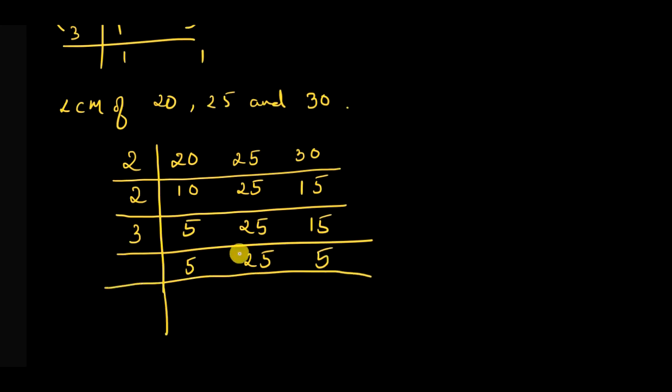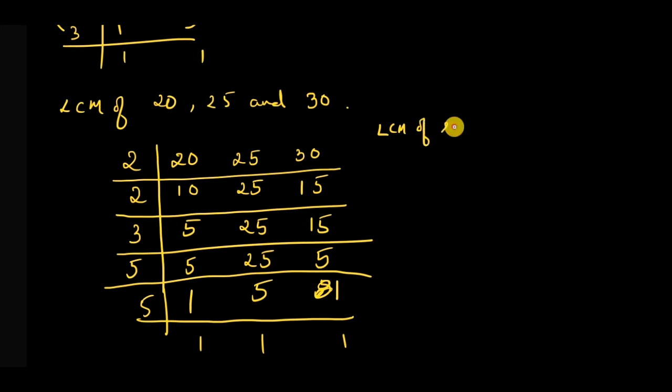And now, no number is divisible by 3. The next prime number is 5, and I wrote it down because you already see 5 is there. So 5, sorry, this one 1, sorry about this, and last one 5, right? So LCM